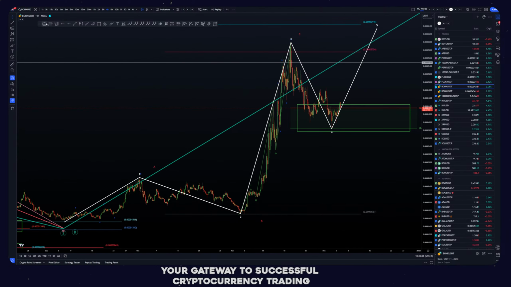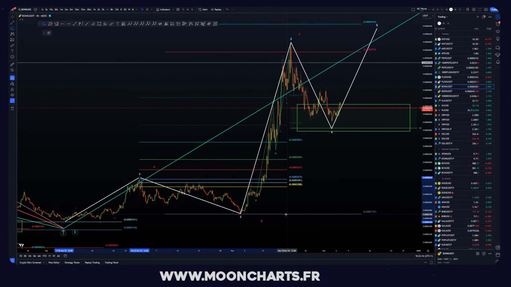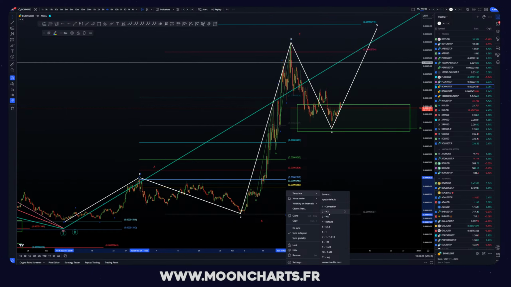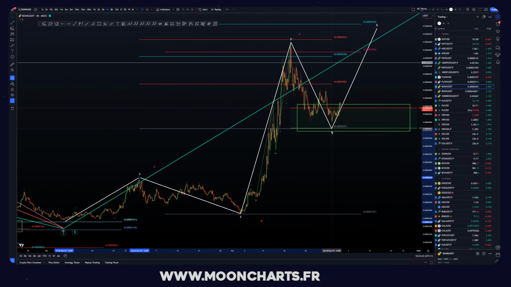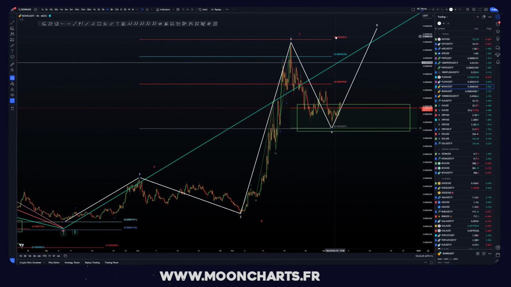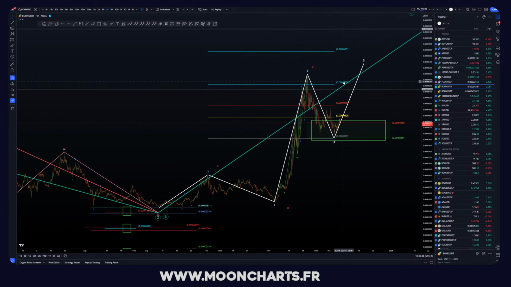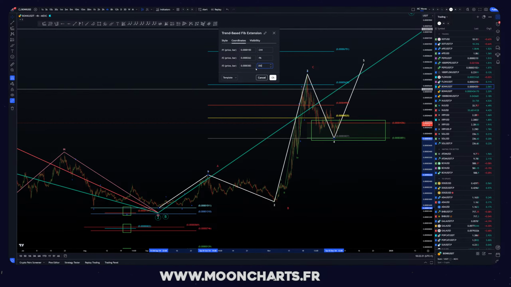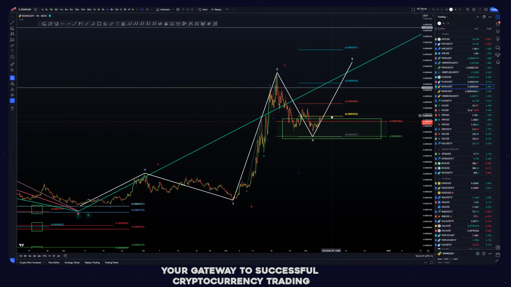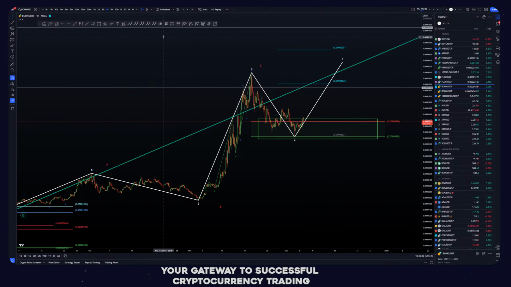There you go. So if you do bounce here for the wave 5, for example, you can simply, as always, pull the extension tool for the wave 5. So there we go. We've got a retracement of the 3618. So now if you do bounce from here, you can look for the following targets. I can look for the 1.6182, to be honest with you. This is way too low. If I can delete that, this is way too low. The first target will be here again, a bit less probable, but the premise was a 1618 there.